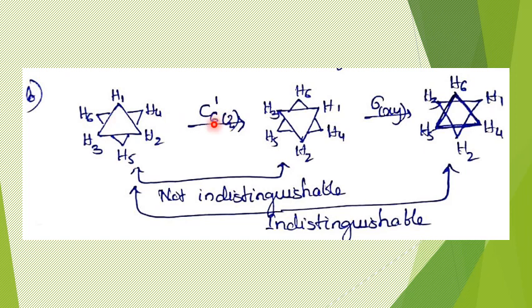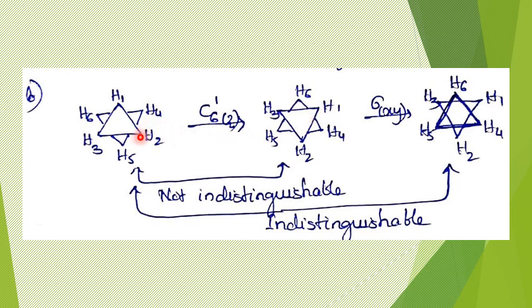See, C6 represents a 60 degree rotation. If I mention C6, it means that during the course of 360 degrees, six times we should get an identical orientation. That is the definition, but here it is not a symmetry operation. In simple words, C6 represents a 60 degree rotation. If I rotate this molecule by 60 degrees, on the front carbon atom, H1, which is present at this position, will come here, not exactly at H4, but above H4. You should be able to imagine things, right? H1 is on the front carbon atom, and it takes up this position by 60 degree rotation.